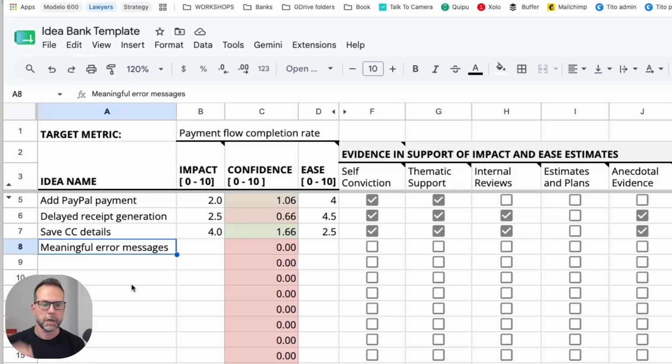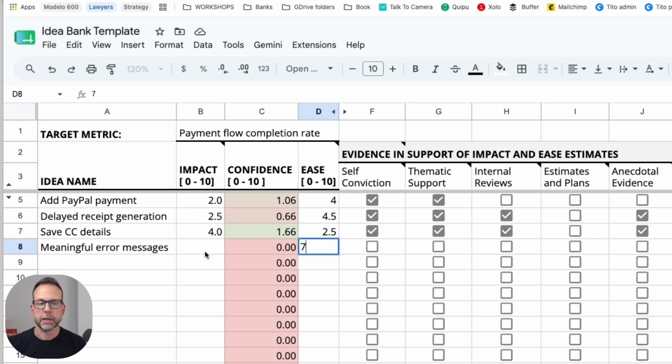So now I need to guess three values: impact, confidence, and ease, because we're using the ICE scoring method here. Let me start with ease. This tool really doesn't help you with that. Basically use whatever intuition you have or tools. 10 means extremely easy. It's the easiest idea you can ever imagine. 0 means basically impossible. You need to come up with a number between 0 and 10. In this case, I think it's not super hard. I'm going to give it a 7.